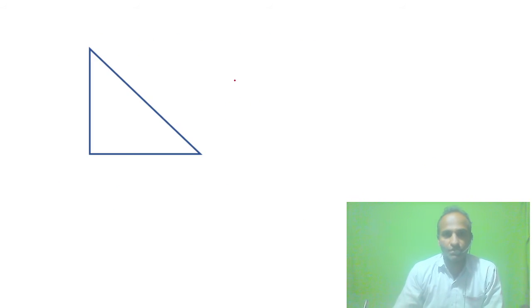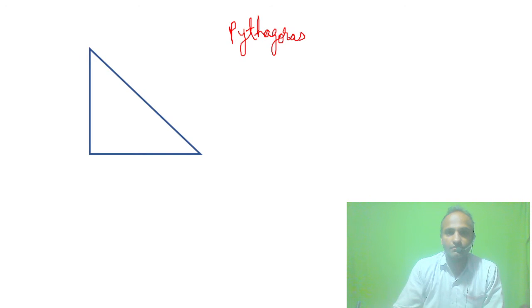Now before that you have learned about Pythagoras theorem. So what is this Pythagoras theorem? This Pythagoras theorem is applied only for a right angled triangle. Means in a right angled triangle one angle is 90 degree. Suppose here we will name this triangle as triangle A, B and C. So you all know about this.